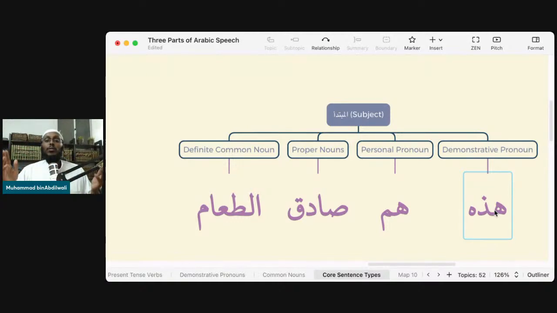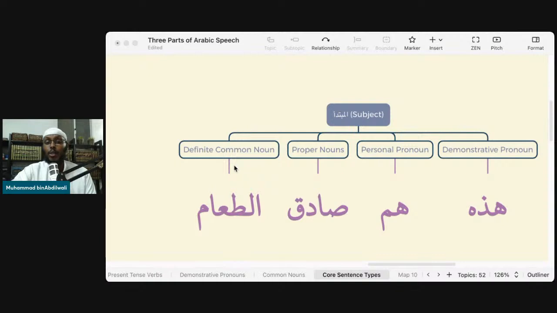Then we have proper nouns. Well, how many of you are online right now? Every single one of you, we've got 41 now. I think we started with about 70 or 80. Hope we didn't lose them for reasons that have to do with the grammar. But yeah, 41 of you, every single one of you has a name. Yeah, I can start a sentence with that. I can say Sadiq, I can say Fatima, I can say whatever the name is. And I can say anything about it. I can say Sadiq mujtahid, I can say Fatima ghaibatun, Fatima is absent, I can say Ahmed dhaki, Ahmed is smart, I can say whatever.